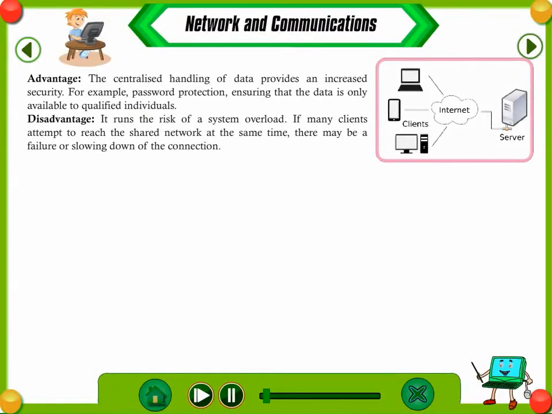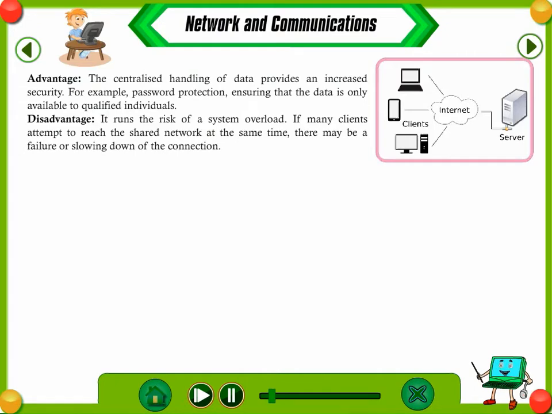Advantage: the centralized handling of data provides increased security, for example, password protection, ensuring that the data is only available to qualified individuals. Disadvantage: it runs the risk of a system overload. If many clients attempt to reach the shared network at the same time, there may be a failure or slowing